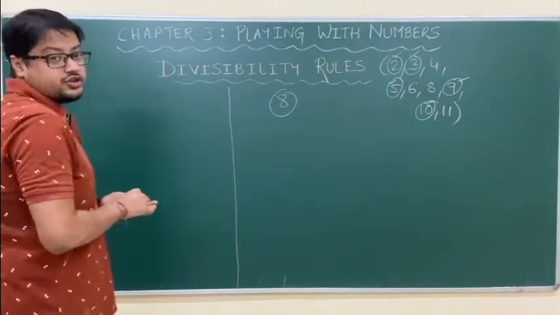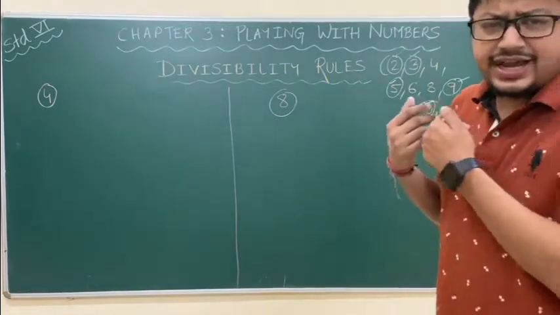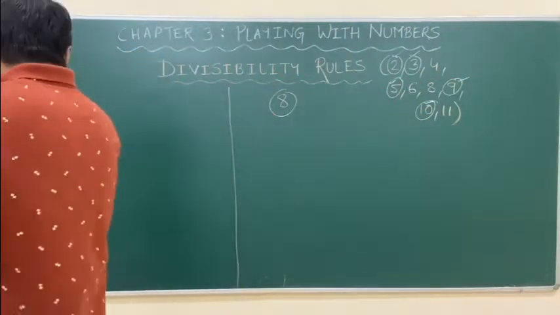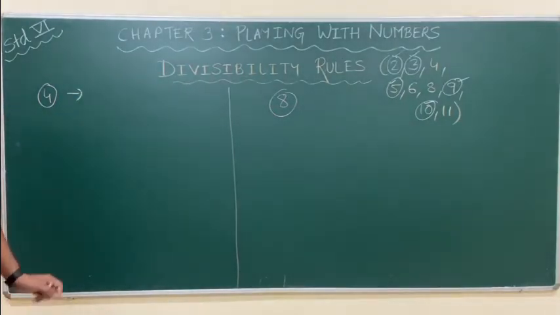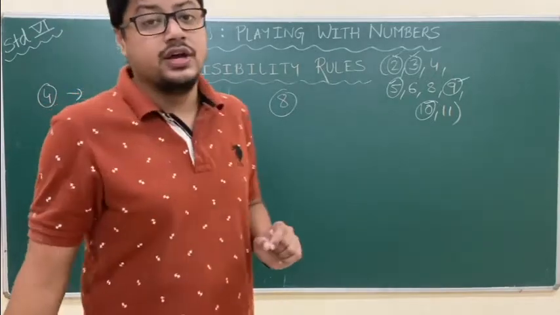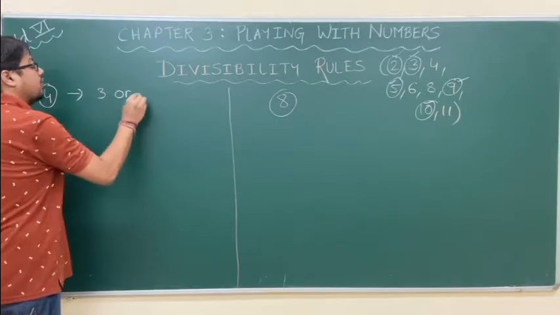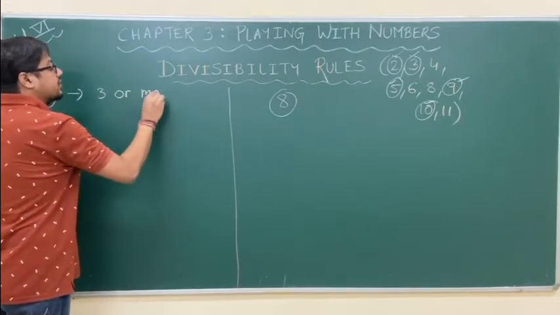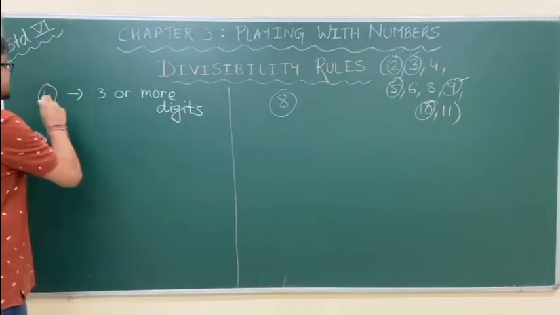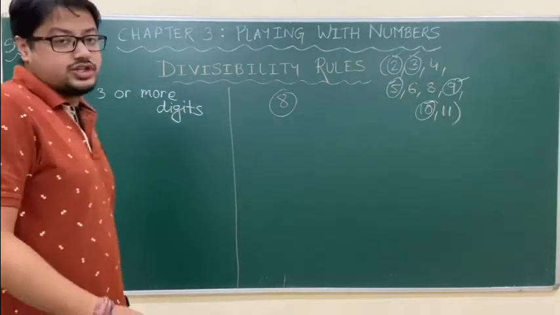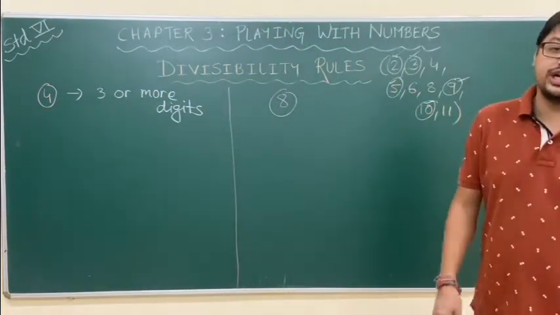Okay students, now we will see finally the divisibility test of 4 and 8. These are entirely different from what we have seen. The first thing that I would like to state is that directly checking the divisibility test of 4 is applicable only for a number which has 3 or more digits. In the sense, this divisibility test for 4 we cannot check for a 1 or 2 digit number, it has to be a 3 or more than 3 digit number.